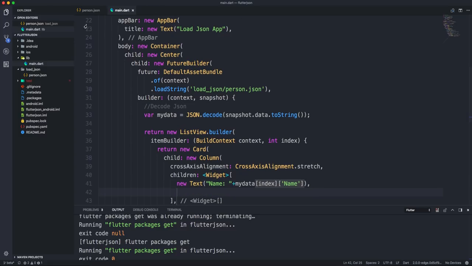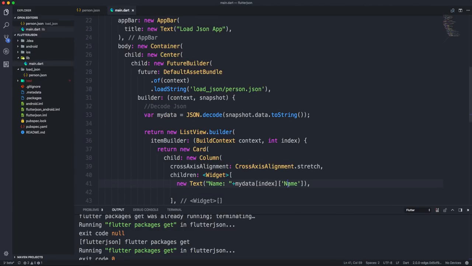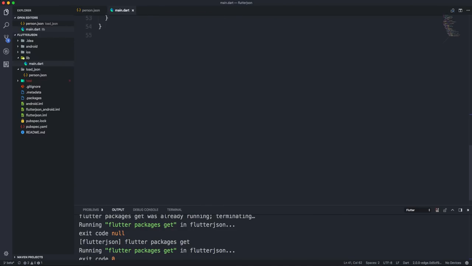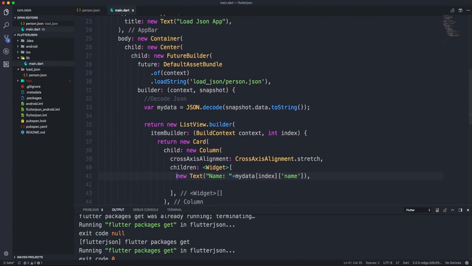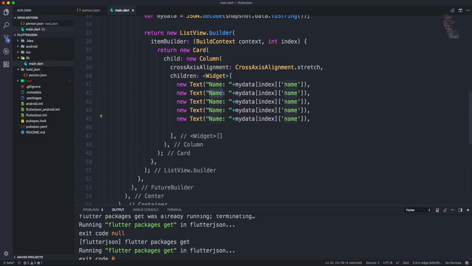So here we can check the key. So key is our small name, small age, small height, small gender, so let's make it small. And now we have this text, so let's just copy this. Okay, and we have 5 attributes, so we will copy this 5 times, and now we will change it, like we can say age, we can say height,